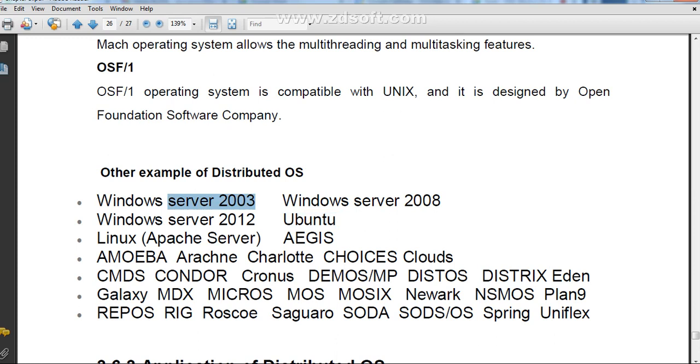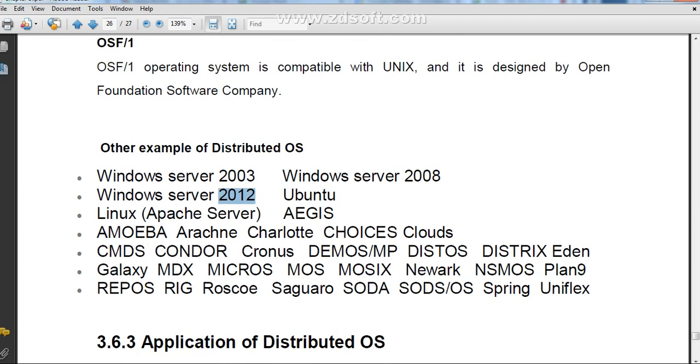Windows Server 2003, 2008, 2012. देन लिनक्स, दैट इज अपाचे सर्वर, तो आपने यूज़ किया होगा, आप जब प्रोग्रामिंग करते हो. पीएचपी में भी आप यूज़ करते हो अपाचे सर्वर. ग्रेजुएशन में किया होगा कभी आपने यूज़ अपाचे? जावा में भी किया होगा. यस किया है या नहीं किया है अपाचे? Yes, sir.